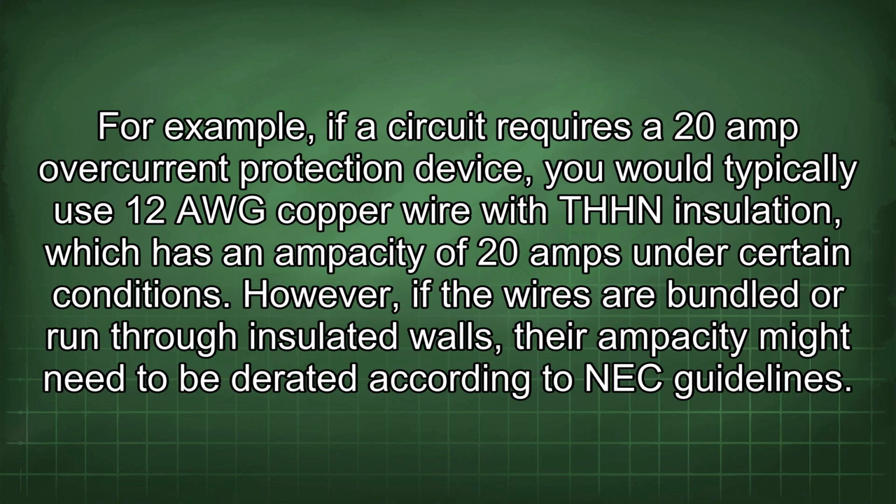For example, if a circuit requires a 20 amp overcurrent protection device, you would typically use 12 AWG copper wire with THHN insulation, which has an ampacity of 20 amps under certain conditions. However, if the wires are bundled or run through insulated walls, their ampacity might need to be derated according to